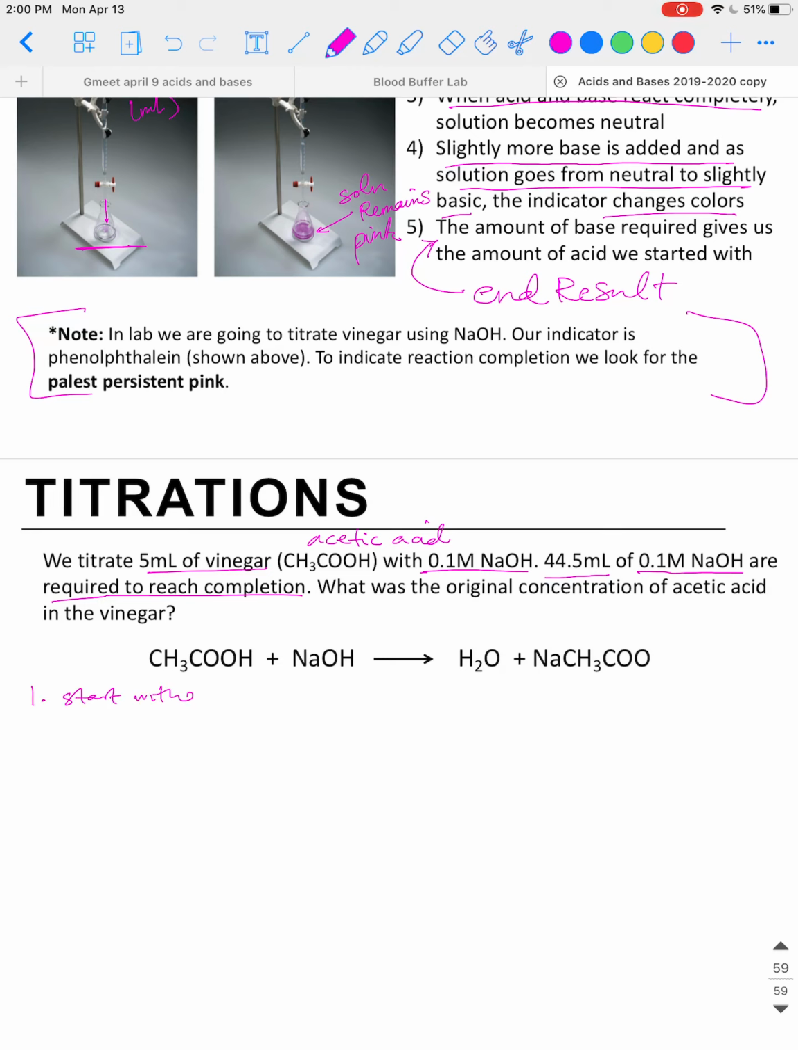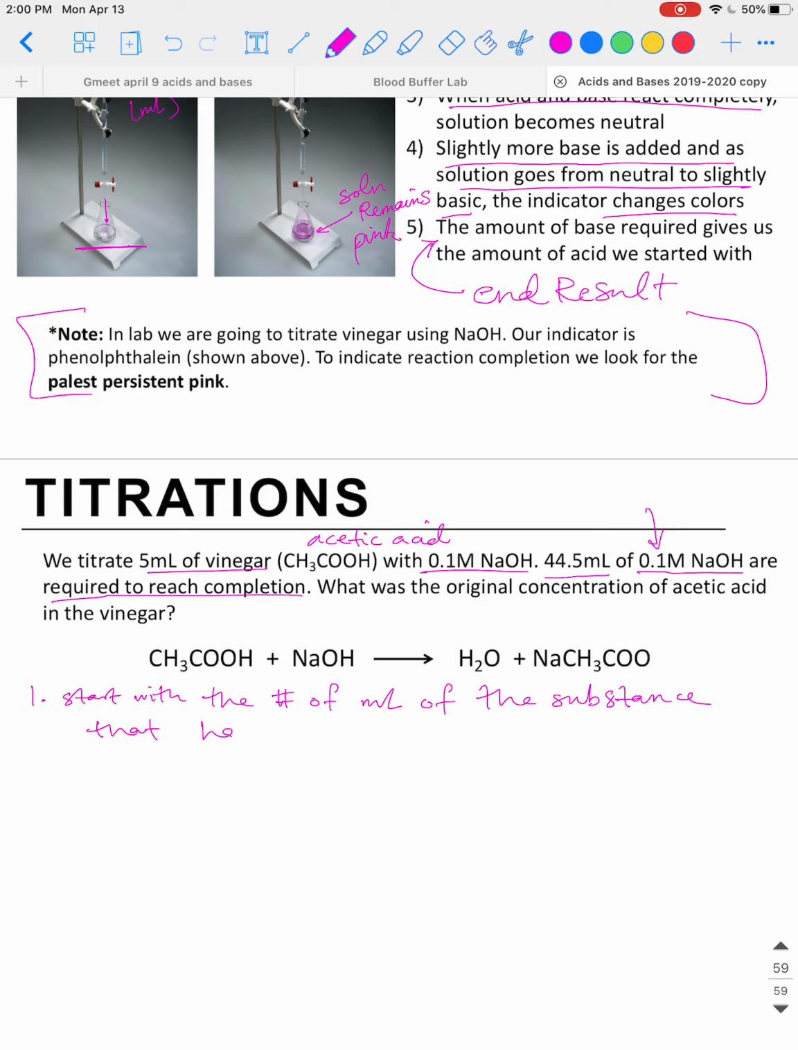Okay, so anytime you're working a titration problem, number 1, start with the number of milliliters of base. That's because we already know the concentration of the base. Or actually a better way to say it, because you could titrate an unknown concentration of base with a known concentration of acid. That's perfectly valid. So you start with the number of milliliters of the